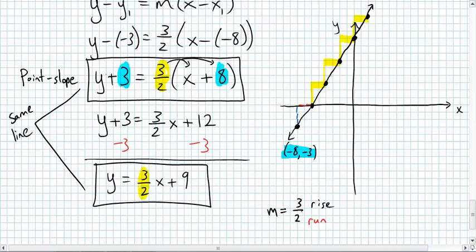So the only question is, what does this 9 represent in the second form of the line? Now, if we just count out here, 1, 2, 3, 4, 5, 6, 7, 8, 9, you'll see that this graph crosses the y-axis at the point 9. So this 9 represents where the graph crosses the y-axis. And this leads us to the second form of the line, which is called slope-intercept form. And we'll continue this